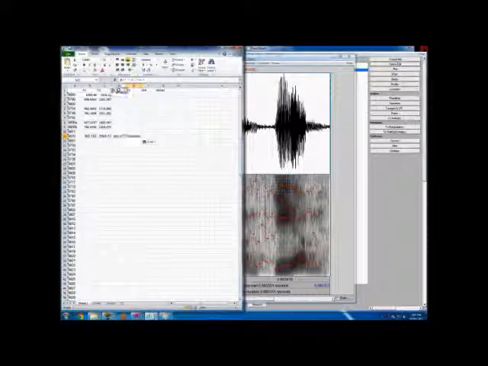Now, that's the significance of having this second F1, F2 column. So it shows that this is the first target, this is the second target. For pure vowels, which we did before, we obviously don't have a second target, but in this case we do. So in our notes column, we want to write diphthong